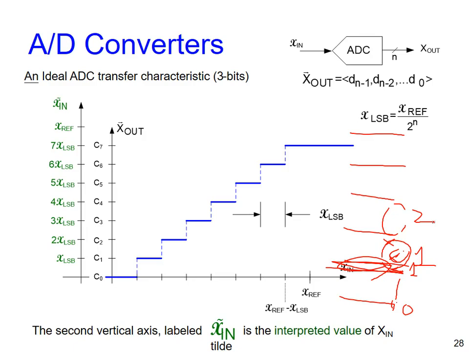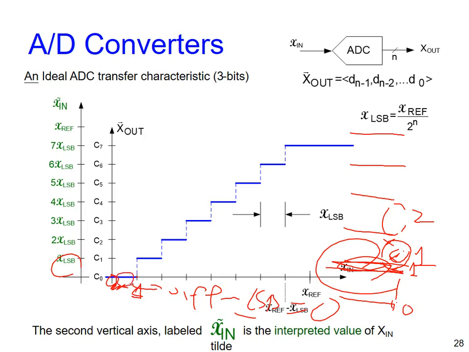Okay, but problem. You can see from here all the way to 1, anything less than 1 will be represented by 0. Oh, it means what? Even if your input is 0.999 LSB, after quantization, it will still be 0. So what is the maximum error between your input and your output?